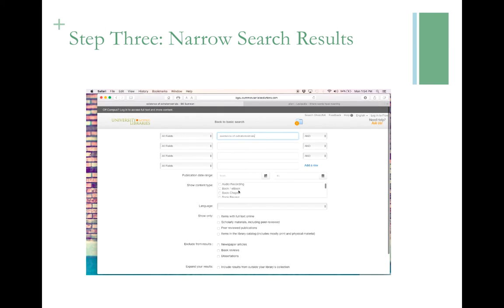First of all, we are now content type. You can search for any of these, but usually when you're writing a research paper, especially in GSW, you'll want to look for journal articles. It's the most straightforward way to find peer-reviewed material. And again, down here we can say we only want scholarly materials, and also we only want items with the full text online